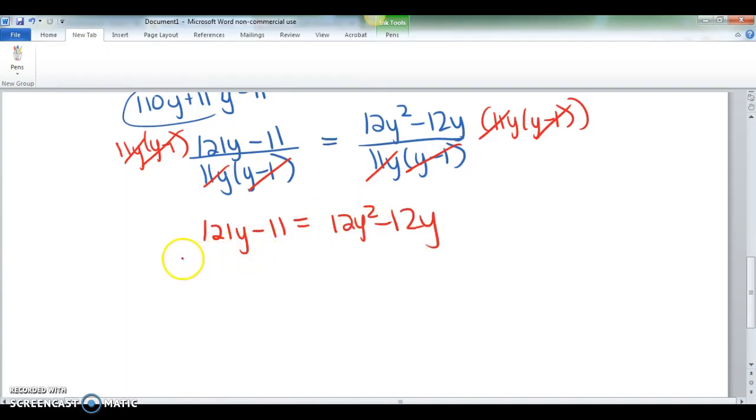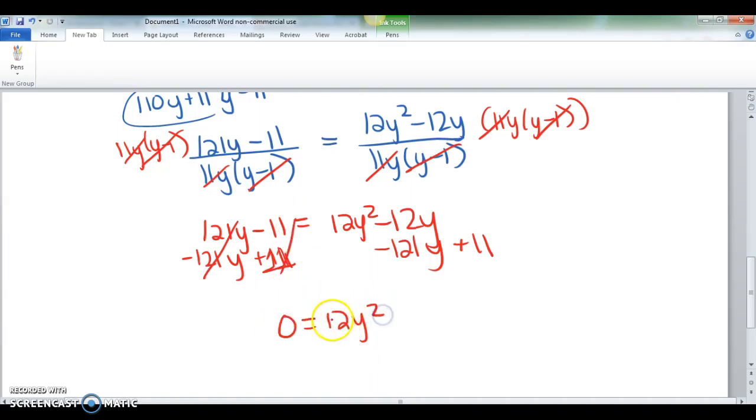So we're going to subtract 121y and add 11. So these cancel out and we get 0 equals 12y squared. 121 plus 12 gives us 133y